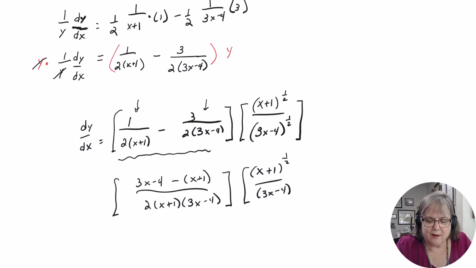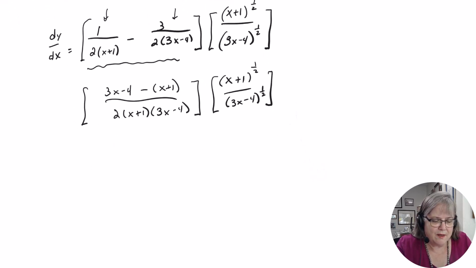And just drag along all your little bits and pieces. All right. So here we go. I forgot my 3. So this 3, I lost my 3. There we go. All right. Speaking of bits and pieces. Okay, so 3x minus 3x is gone. And minus 4 minus 3 is minus 7